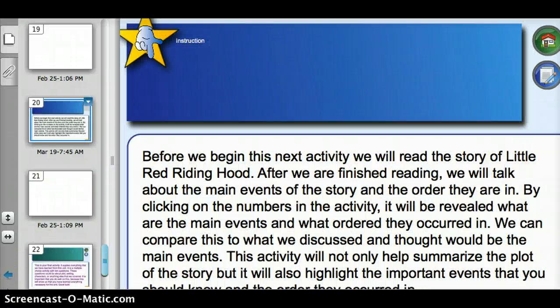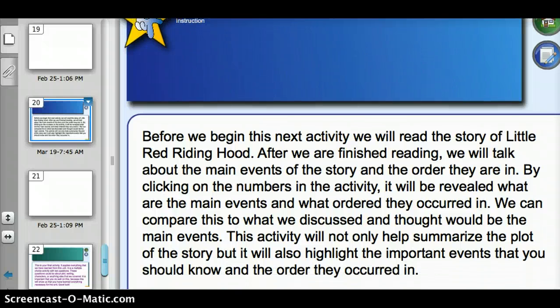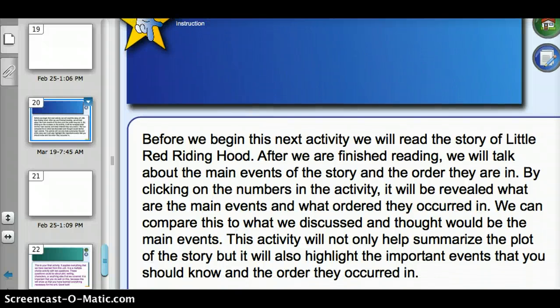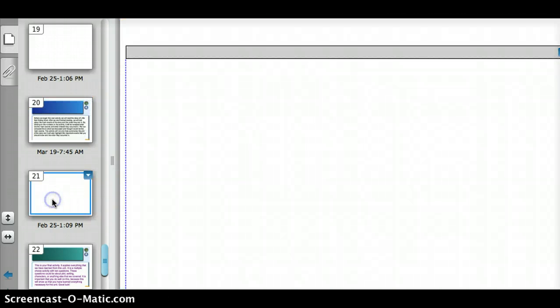Okay, so this instruction page here, it's important before this next activity, you'll actually have to take a break and read to the students the story of Little Red Riding Hood, and then talk with them about the main events and the storyline, then the order that these events take place. So this will just kind of be a discussion that takes place in class,